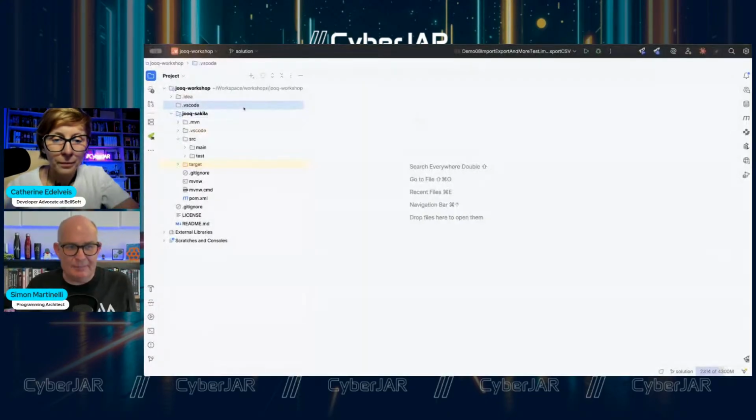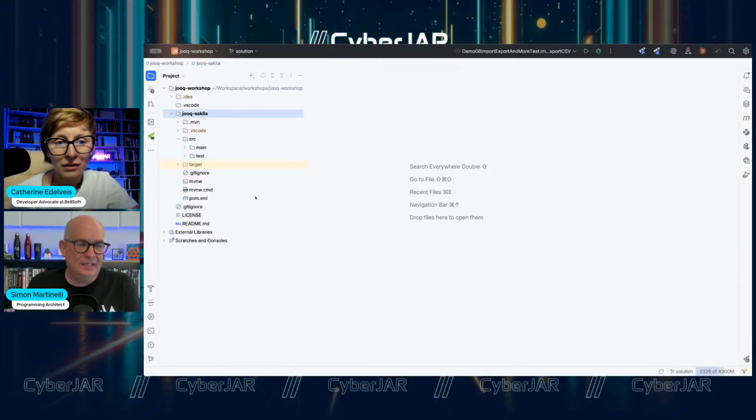So this is an example from my JOOQ workshop. Funny thing about that, I just had the workshop yesterday at the public workshop days in Switzerland, in Zurich. And what I use here is a database called Sakila. Maybe people that are using MySQL already for a long time know Sakila.